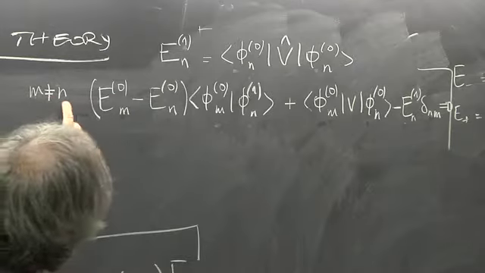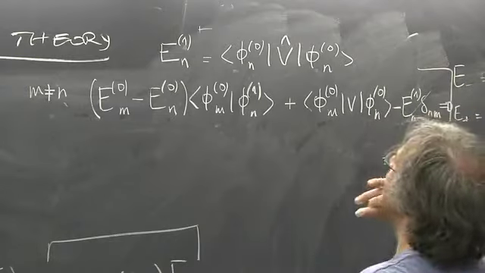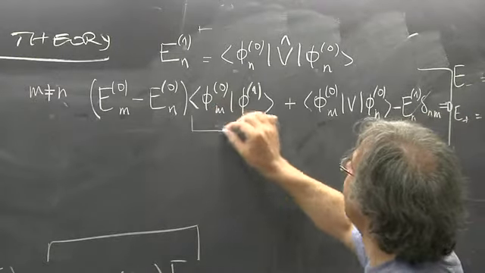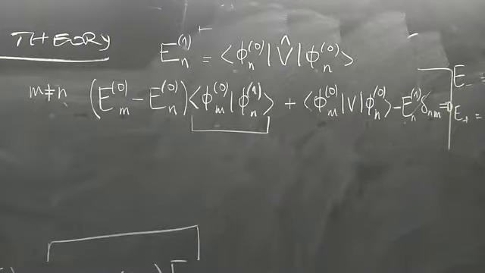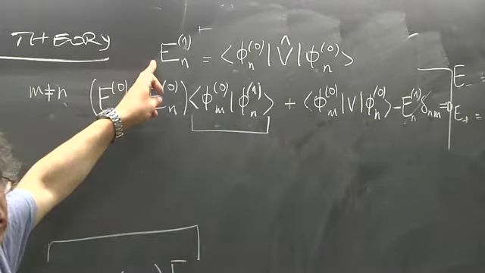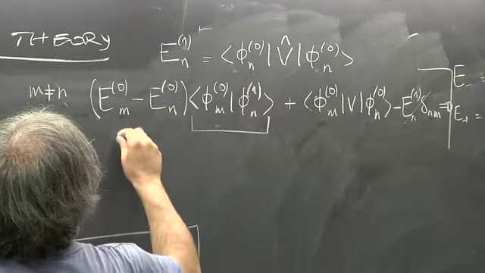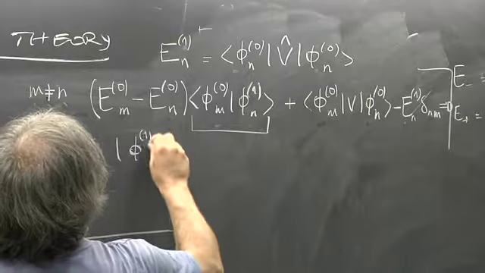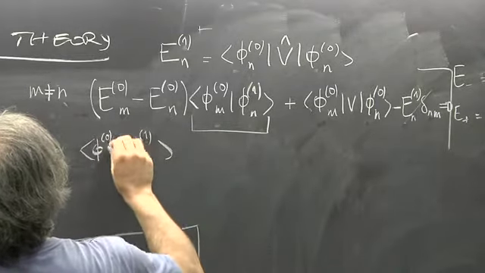If I put m different from n, however, then this drops, and this allows me to solve for now the first correction to the state. After all, this was only the first correction to the energy. Now, this tells me that the first correction to the state, phi 1n, its projection on the state m,